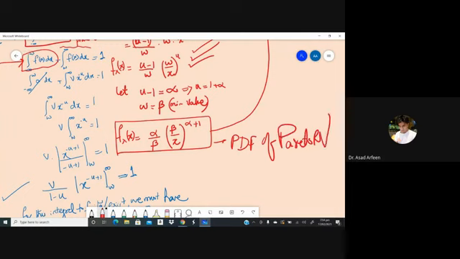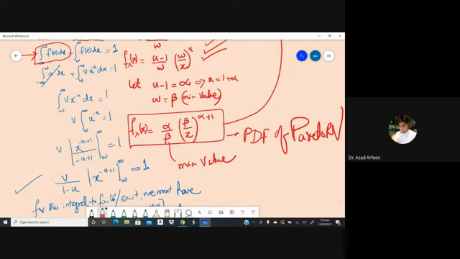And here what is beta? Beta is the minimum value. So for any value less than beta, the density function will be equal to 0, and this behavior appears for random variables which are greater than the minimum value, greater than beta. And you can see here that the random variable is capital X, the values are small x, and which parameter is controlling the tail? Previously it was u, now it is